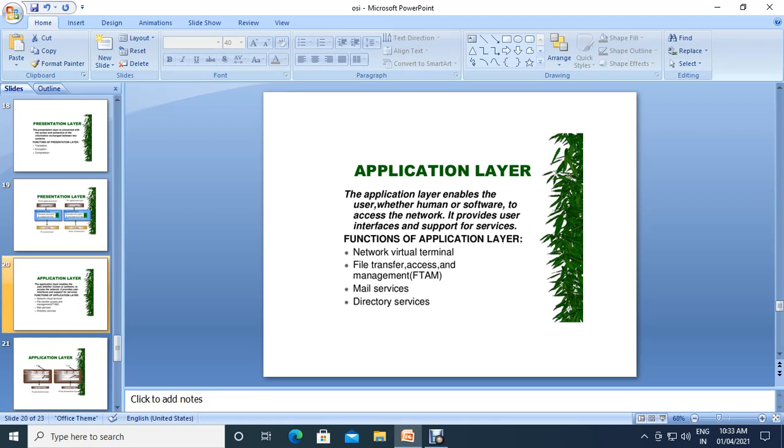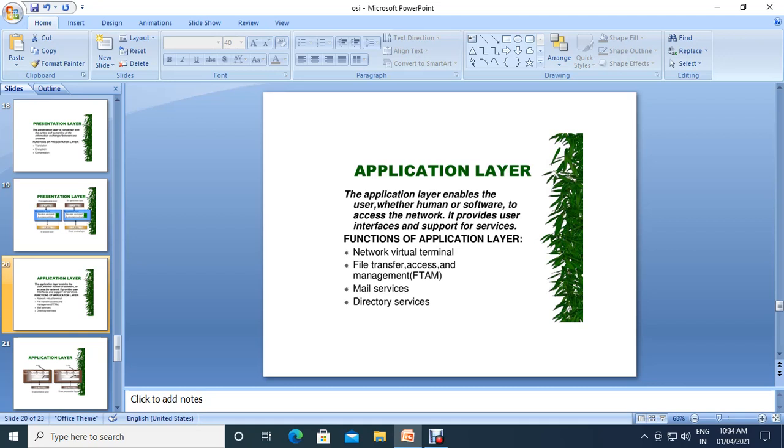The functions are network virtual terminal, file transfer, access and management, mail services, directory services. Whatever we do in the computer system while we are using the network, all those functions or applications are supported by the application layer. Generally we use file transfers, mail services or directory services, and those different applications are supported by the application layer only.